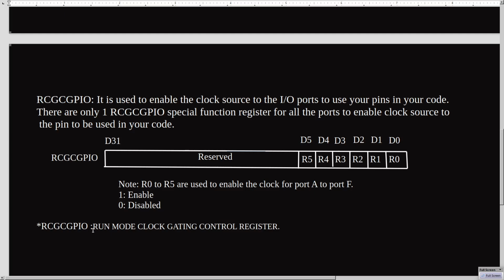RCGC GPIO, the full form, is Run Mode Clock Gating Control register. That means it controls the clock of those ports. When you want to use port A, it makes the clock supply to it 1, which means enabled. Like that for port B, port C, port D, port E, port F. Okay,